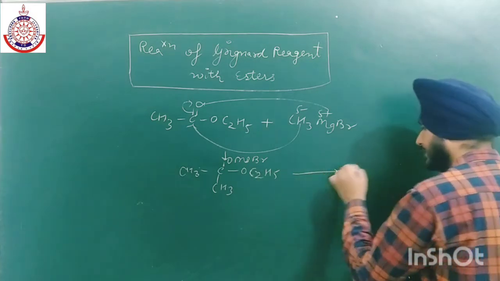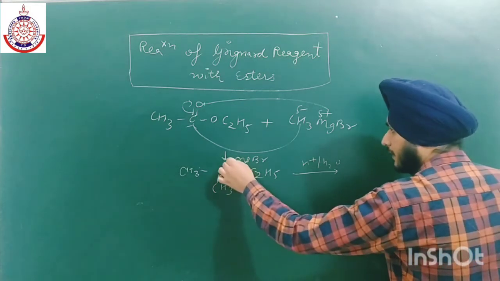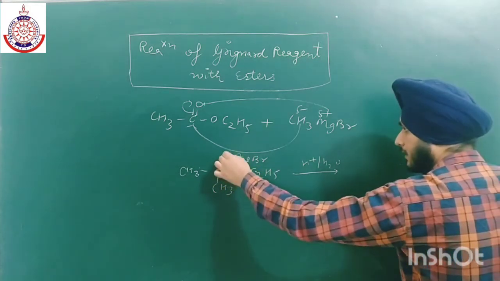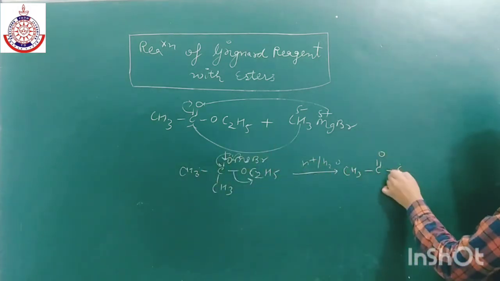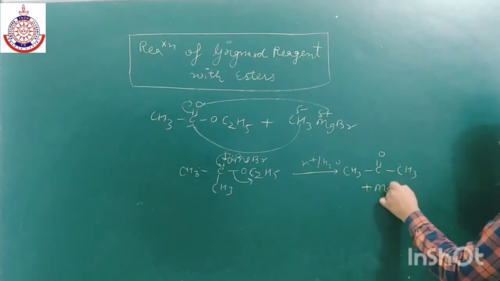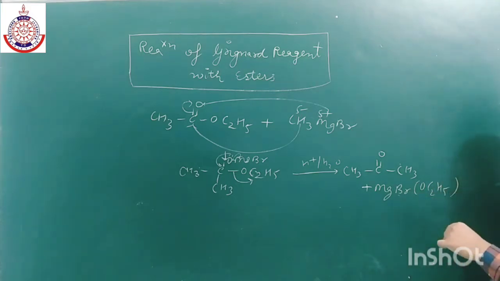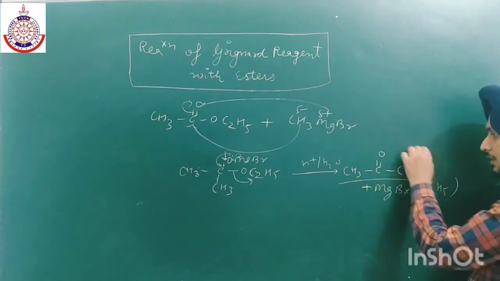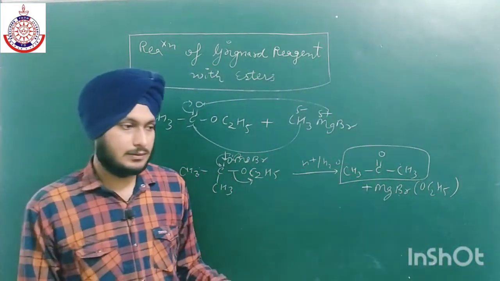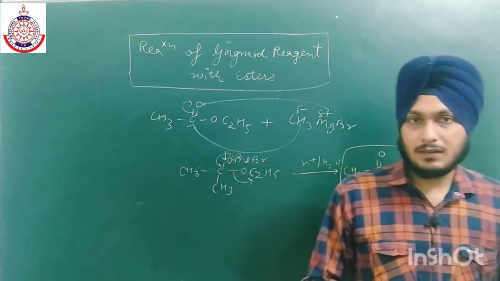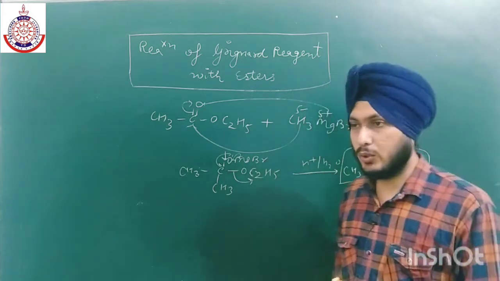So now in the next step, in the hydrolysis step, this OC2H5 will leave and this MgBr will leave, and here we will get a double bond. So CH3 plus MgBrOC2H5 will leave. OC2H5 will leave as a negative, and now we will get a ketone. So firstly an ester will convert into ketone or aldehyde, and then we all know how to convert ketone into